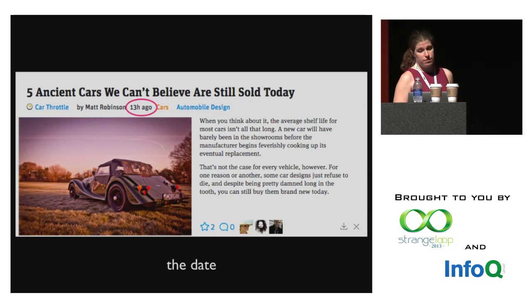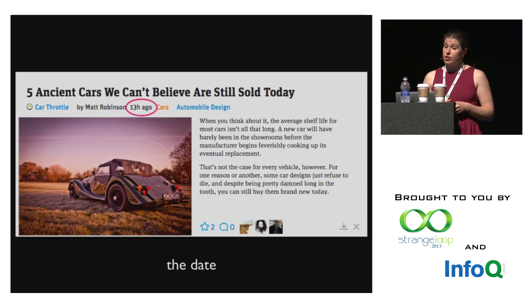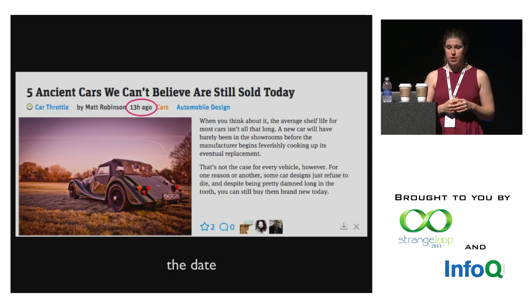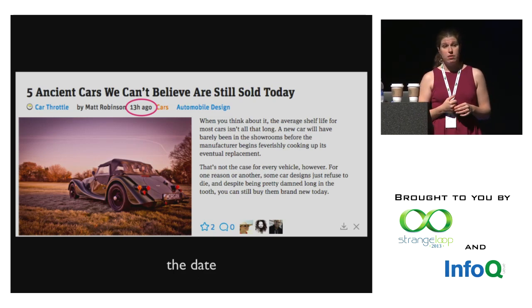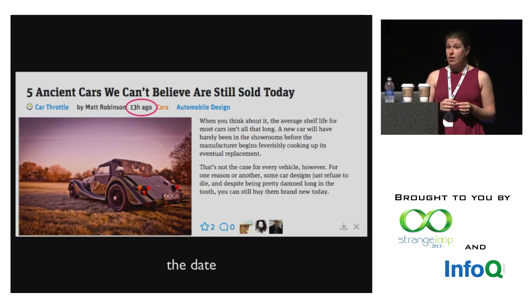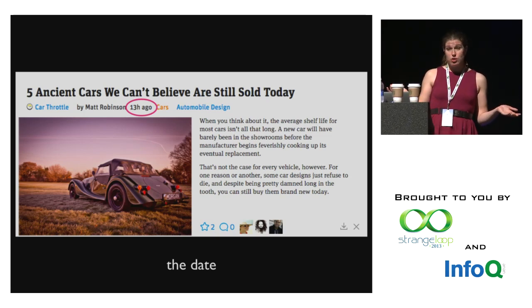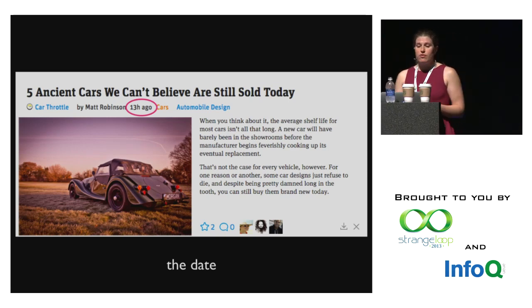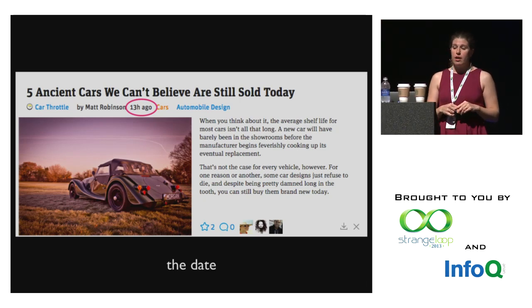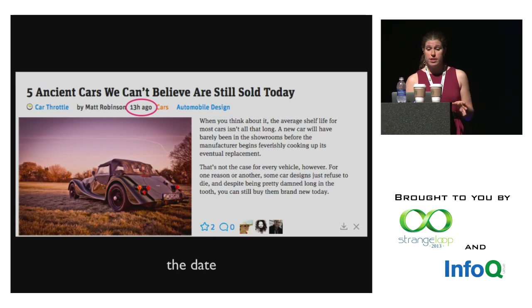Next up, you see the age of the article. It turns out that date extraction is actually quite tricky for us. Some documents will have open graph date tags, and it's great when they do, and we certainly use them. But oftentimes, there's no metadata to rely on, and so we have to extract the article date ourselves. And it turns out that articles actually tend to have lots of dates in them. There's when the article was written, when the article was updated. There's all the dates on all the comments in the article. There's the date in the URL sometimes. And sometimes, just for fun, I think, websites will display the current date and time. And so for a while, we punted on this and just used the date that we fetched the article. But eventually, we built an in-house date extractor. And though it's imperfect, it's still quite accurate.